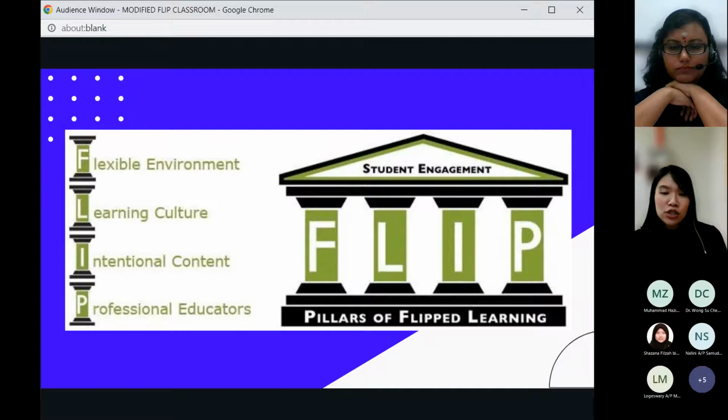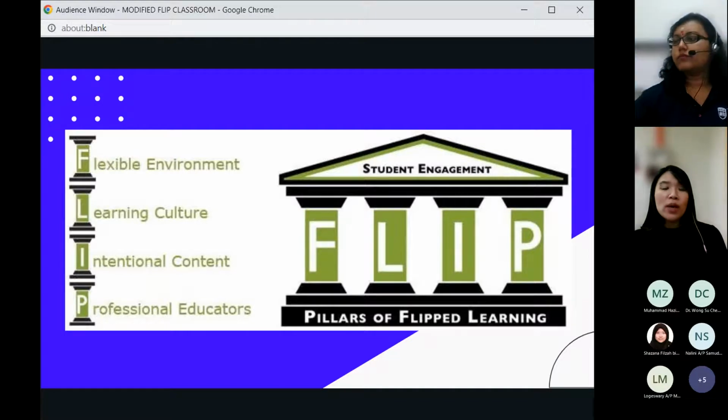Number 3 is intentional content. When we are providing flipped classroom activities, we actually determine what we need to teach and what we want the students to explore on their own.